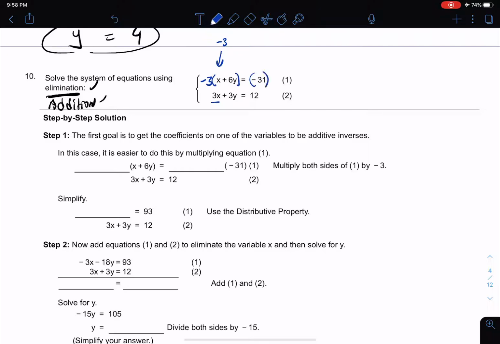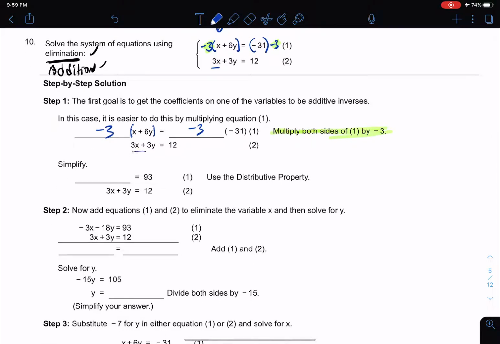And of course, you've got to do it on both sides, otherwise it won't be true, right? What you do to one side, you must do to both sides. So that's what we're going to do, and they're going to give us the step-by-step here. It says multiply both sides by -3, and you can see that's what I came to on my own up here. So multiply both sides by -3. This is my left side, in parentheses, and then this is my right side, -3. So when I do that, I end up getting,